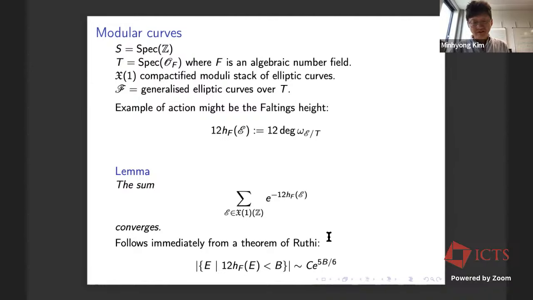So this partition function for the Faltings height, viewed as an action in some sense, is a finite number. I don't think sums of this sort have been considered before, but they're interesting to consider. That's what I'm suggesting: I'm starting from a physics view that you may like or not, but it does seem to generate interesting things to focus on and try to compute.